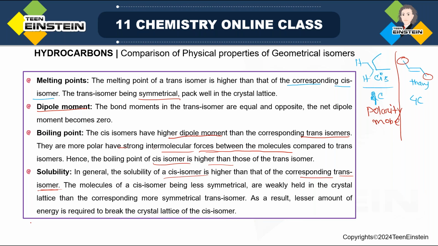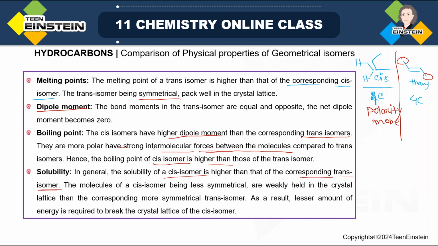And don't expect that, since we are talking about cis-trans, that means it is alkene, and alkene is a hydrocarbon. So obviously in water you cannot expect any solubility. So whatever solubility we are discussing, it is mainly for organic solvent, or you can say non-polar type of solvent, not aqueous solvent. So if you compare, when you have the same solvent, the solubility of cis isomer you can expect to